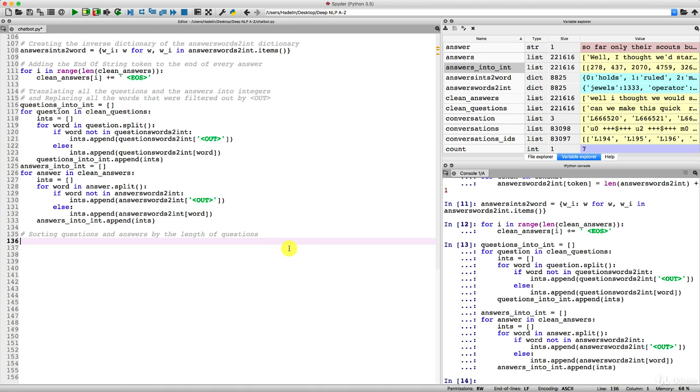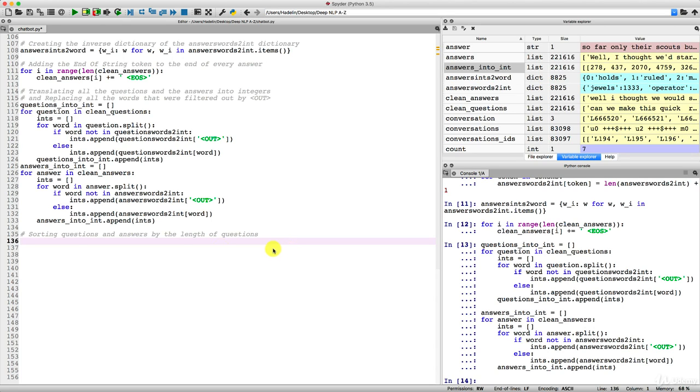Basically, we want to sort the questions and the answers by the length of the questions because this will speed up the training and help to reduce the loss. The reason for this is that it will reduce the amount of padding during the training. So it's pretty technical, but it's important to know why we're doing this. Remember, I told you at the beginning of our adventure here, it's always important to know where you come from and where you want to go. And right now, what we want to do is to sort the questions and the answers by the length of the questions to speed up the training and optimize it.